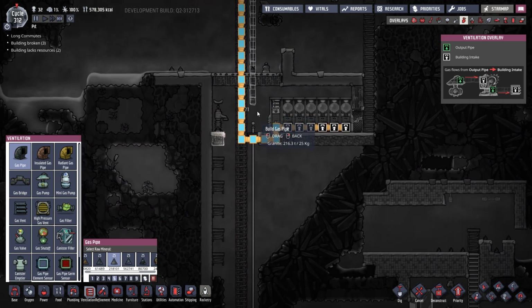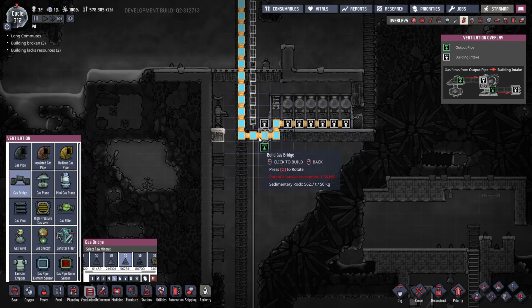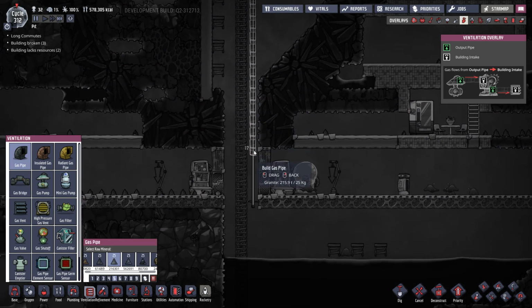And down. A little bridge. And then continue our run to here, where we will pump it off. Actually, I